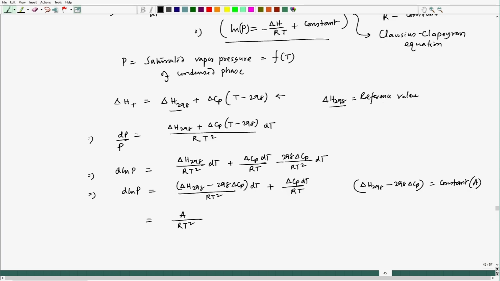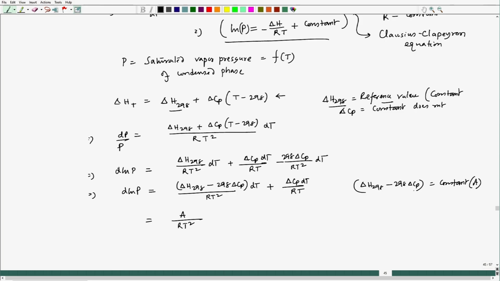This reference value should be a constant, and this del Cp is also constant. I am taking the assumption that del Cp does not change with temperature,